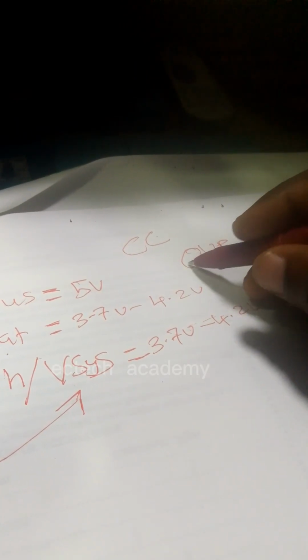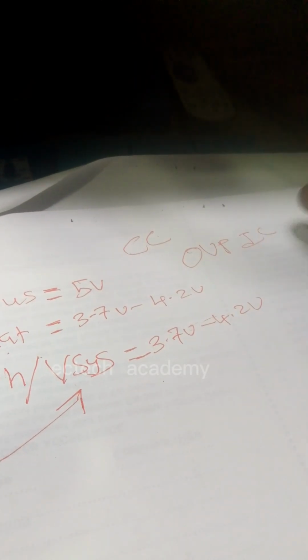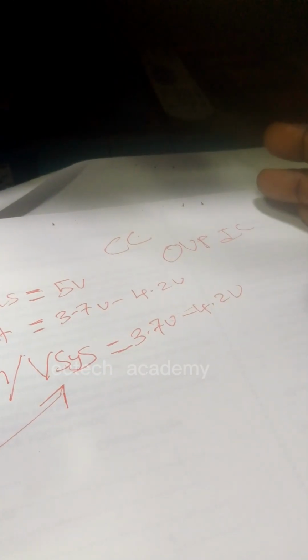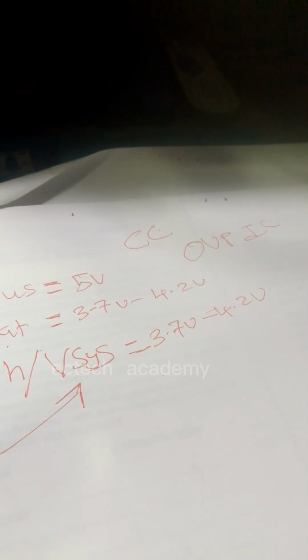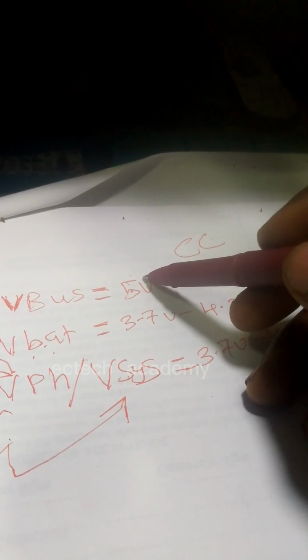The work of this OVP is that it serves as a protection. What is it protecting? It's monitoring this guy, VBus. If any voltage is more than this 5 volts,